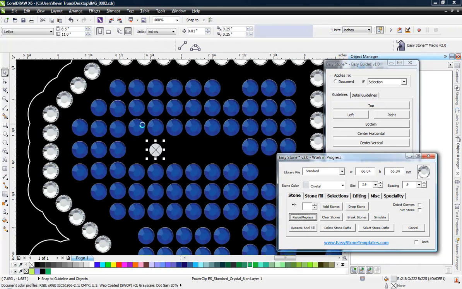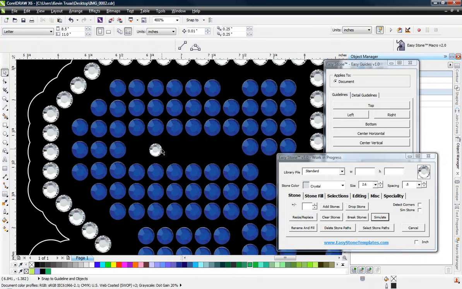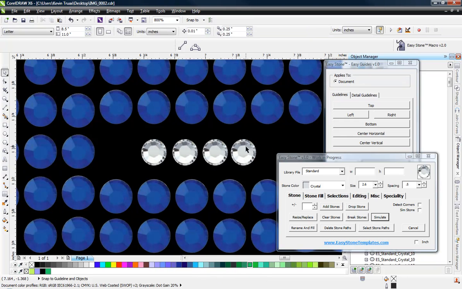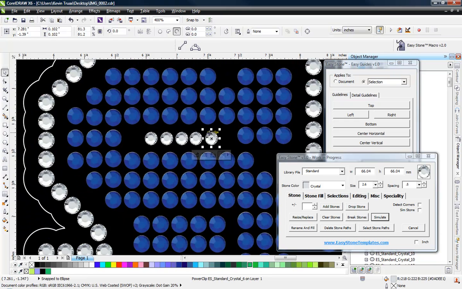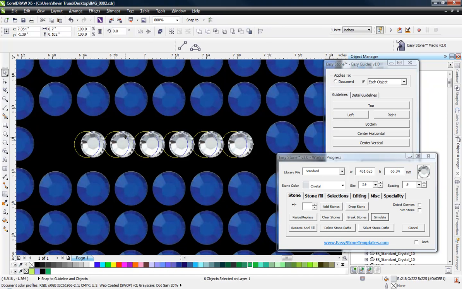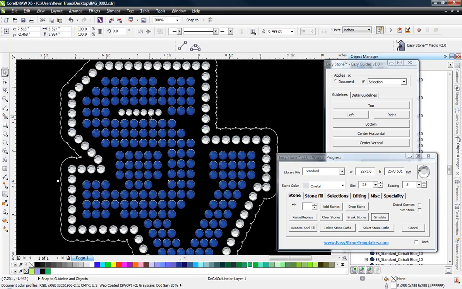Well, I'll tell you what, let's hit Resize Replace. There we go. Then we can hit Simulate. All right. And then all we're going to do is just copy this over a few times, like so. And maybe one more time. And select these. And we're going to space them horizontally, so that Shift P function, and slide them over a little bit. So we added one little bit of row stones there,